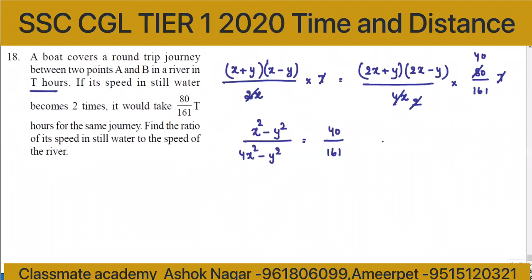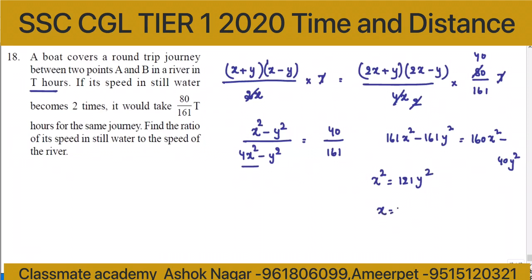It's up to you. If I find out the difference between these two, I'm doing denominator minus numerator. Or else you can cross multiply, that is better. 161 x square minus 161 y square is equal to 160 x square minus 40 y square. Is that clear? X square is equal to 121 y square. X is equal to 11y. X is to y is equal to